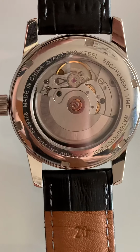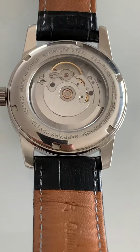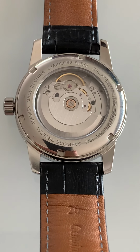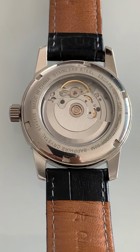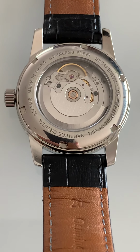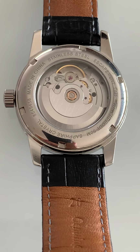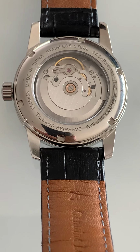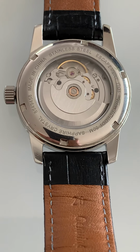All in all, it comes down to, would I recommend this as a watch to purchase at this price? This was more expensive than I'm used to paying for a Chinese watch. I think I spent about 250 Aussie dollars on it. I have to say, because of its uniqueness, even though it's from a Chinese manufacturer, it doesn't feel mass-produced, if that makes sense. It feels like it's been handmade, and that's crazy. It can't have been handmade at this price point, but